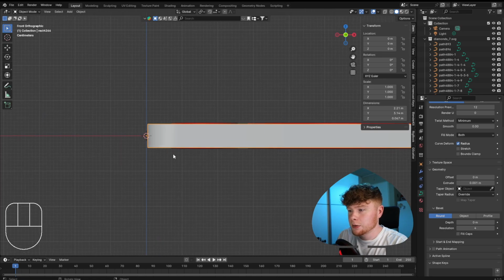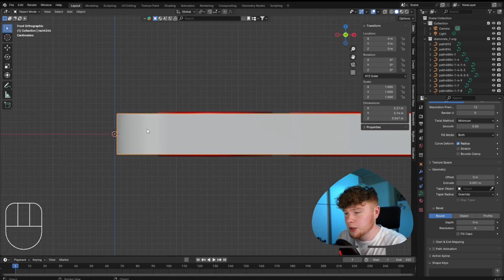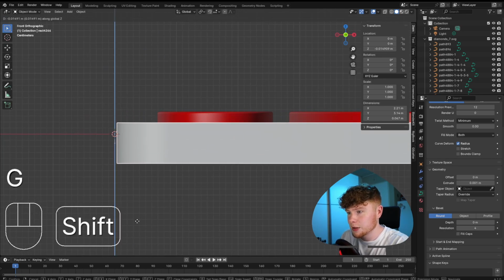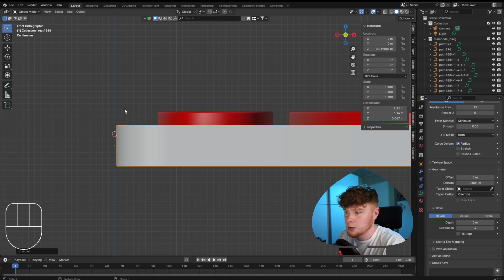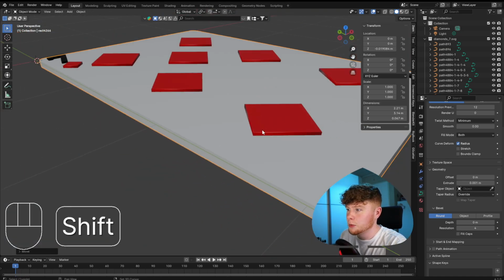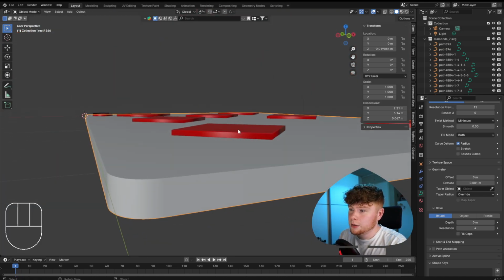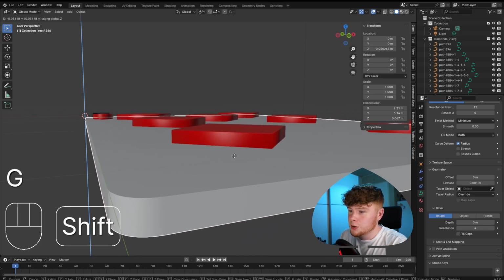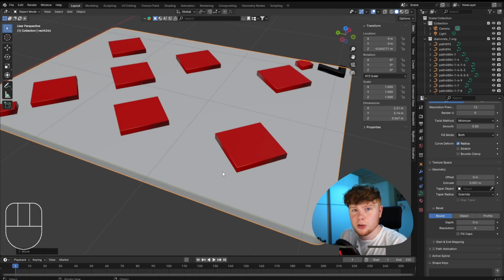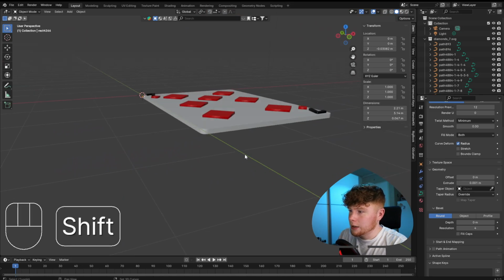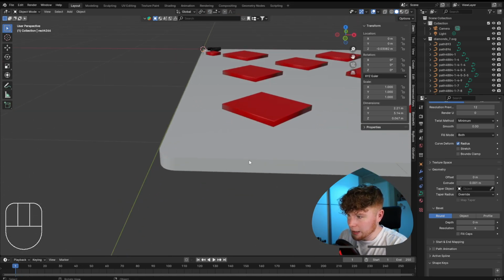So what we can do is just take the card and press G and Z and move this down, kind of like that, as much as you like. The more you do it, the more 3D this is going to look. I don't recommend doing it too far, but something like this looks good to me. Yes. One final thing that I want to do for this card is making the edges over here thicker,